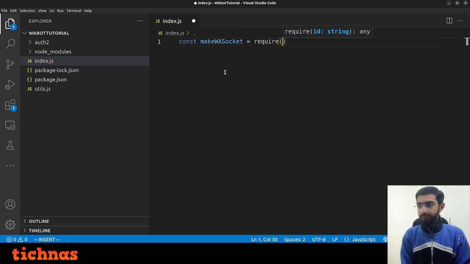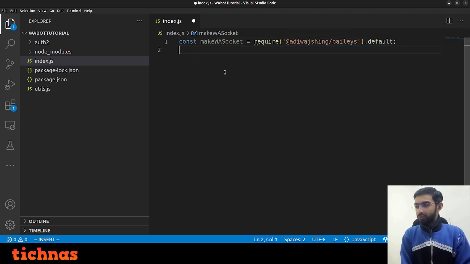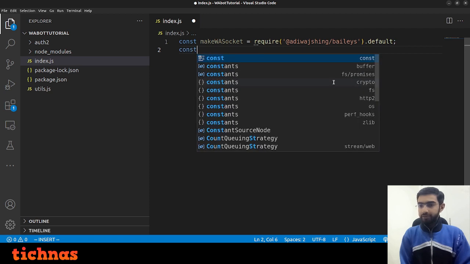And require the name of the library and .default. A few things you might not be able to understand, but just bear with me, like this default thing. And like I said, the documentation does not really mention everything, but after a lot of hit and try, these things work, so I'm just explaining that to you. So this is the default require, and then